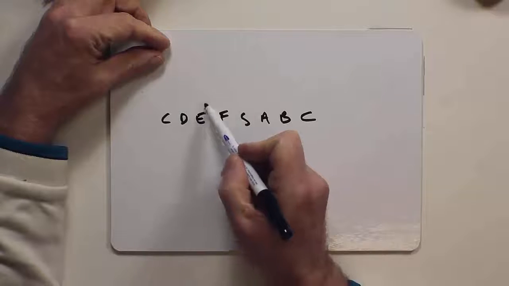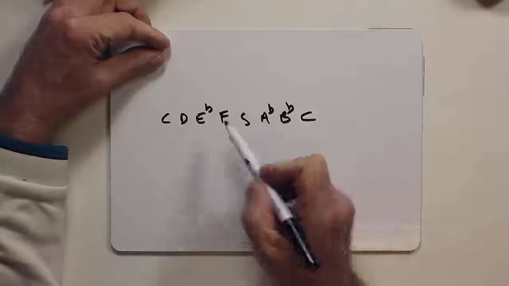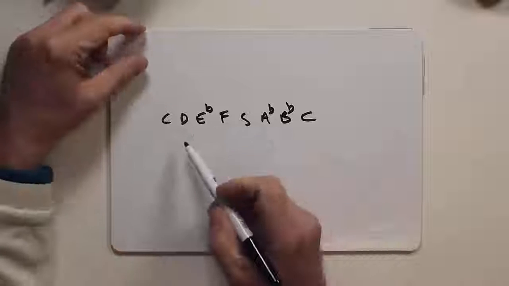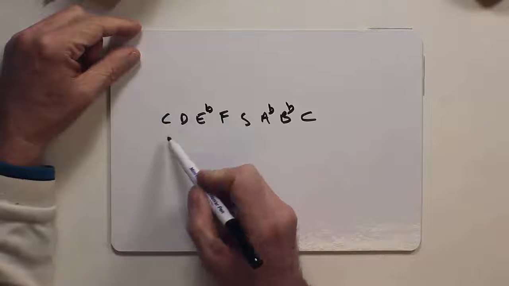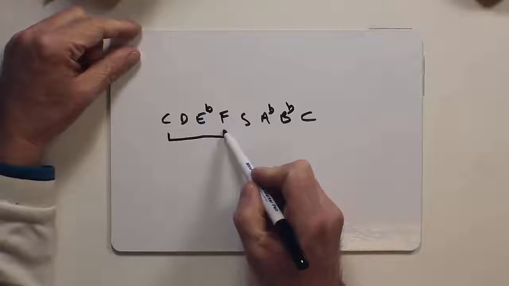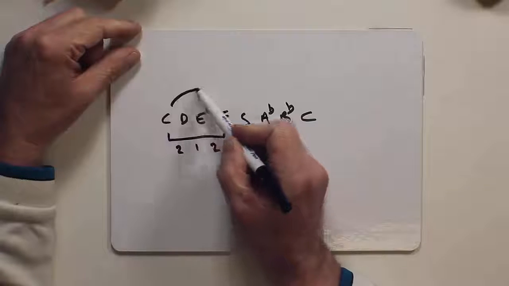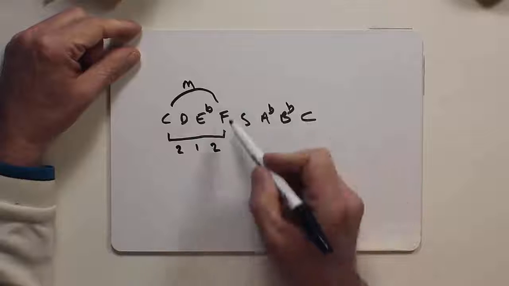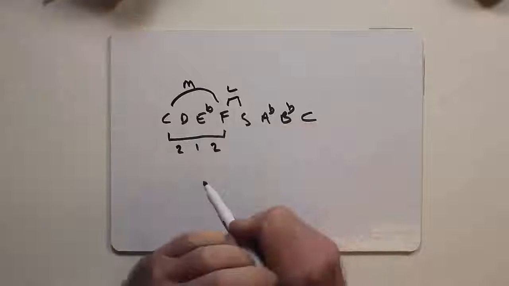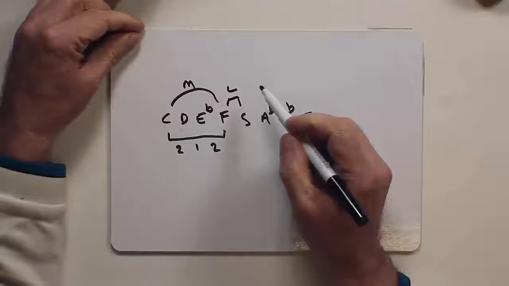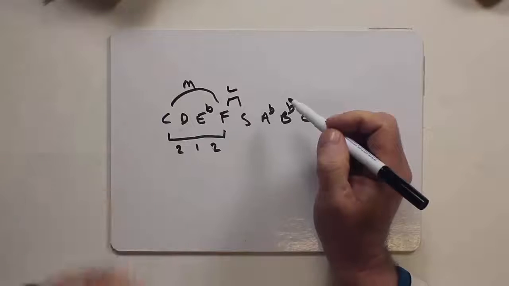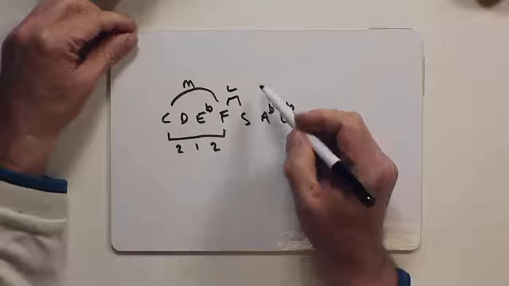We've already actually done a natural minor, haven't we? So let's write it down. So you've got a tetrachord here, which is 2-1-2. So that's a minor tetrachord. Then we've got a link. And then we've got this natural,